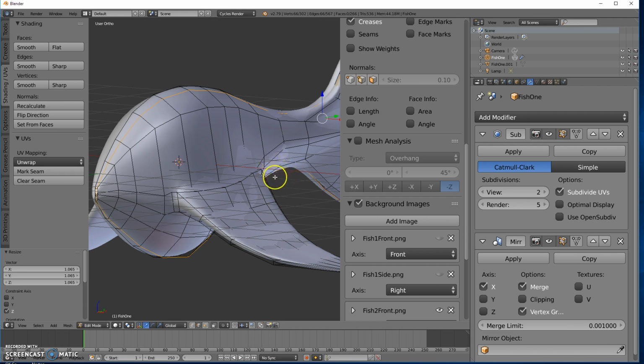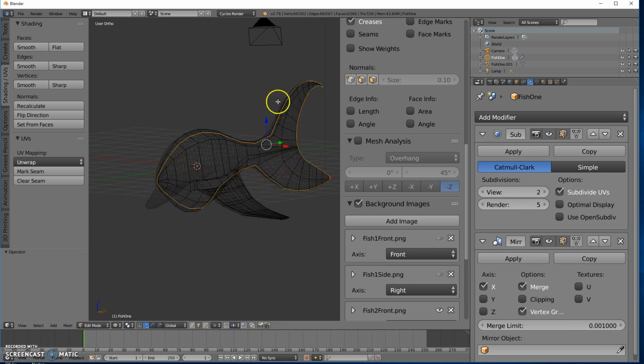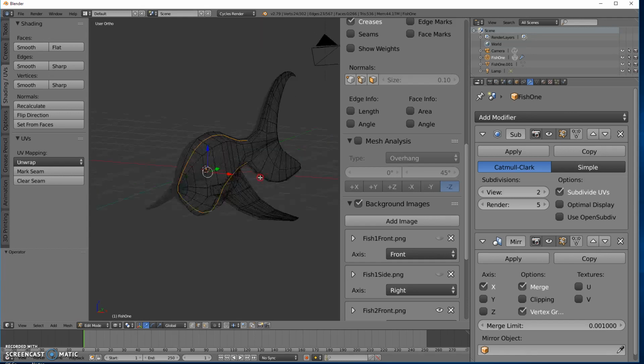Although I probably should have done the scaling without the tail selected, so I'm going to undo that. And then we'll do Z, V for box select, and I'm going to hold down the middle mouse button, just drag over back into the tail, and I'm going to go ahead and deselect that part by the tail. So again, all of this is just